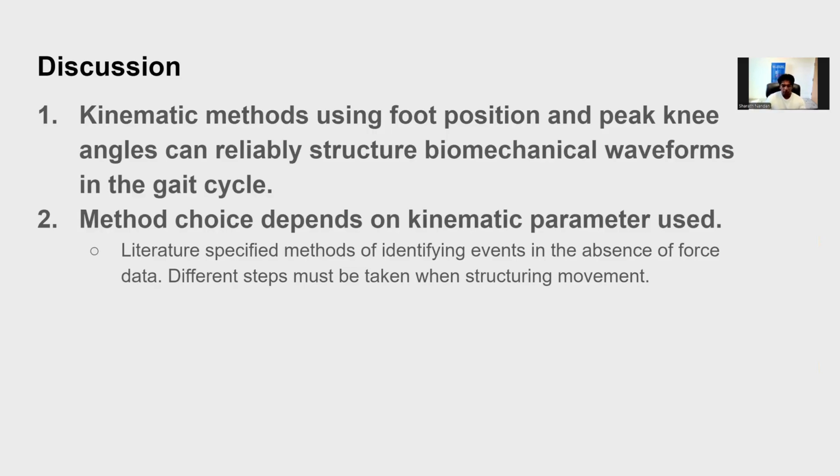So the key takeaway here is when choosing a method to structure gait, if not kinetic, we have to look at the feature that the method is using, consider how stable and repeatable that feature is across different people and walking styles, and think about the analysis that you're doing. So for example, if you're calculating average joint angles over the cycle, inconsistent structuring could skew your results a lot. So that is why it is critical to test methods thoroughly before using them in large-scale studies or clinical analysis.